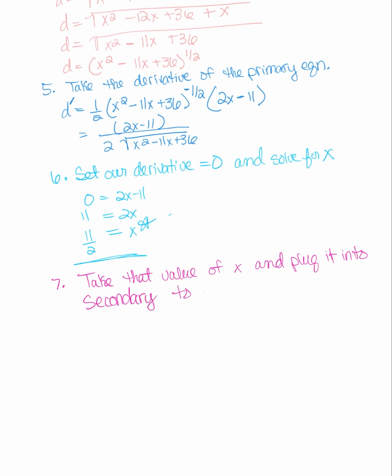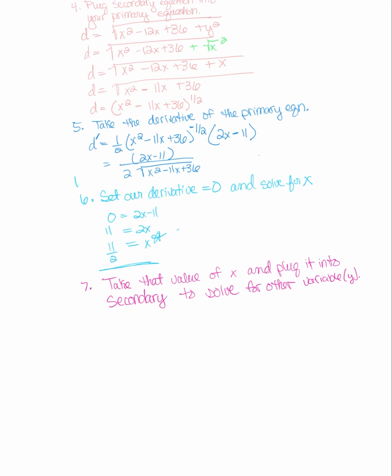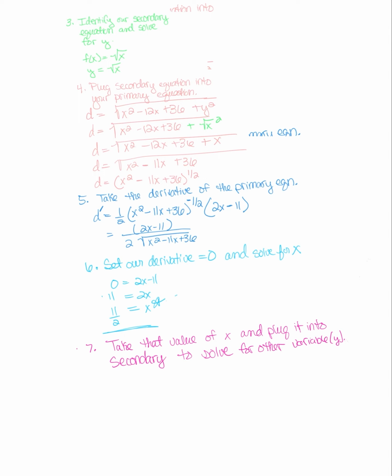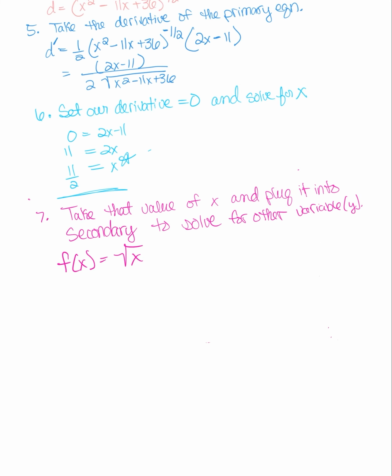Do you see how it's the same steps? You may have other things you need to do, but it's always the same steps to solve for the other variable. In this case, our other variable is going to be y. All right, so our secondary equation was f of x equals the square root of x. So now we have f of 11 over 2, and that's just going to equal the square root